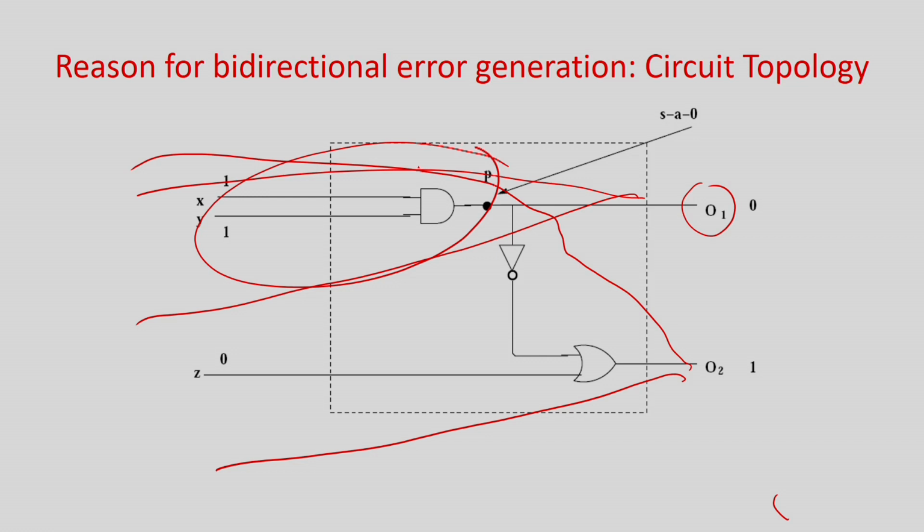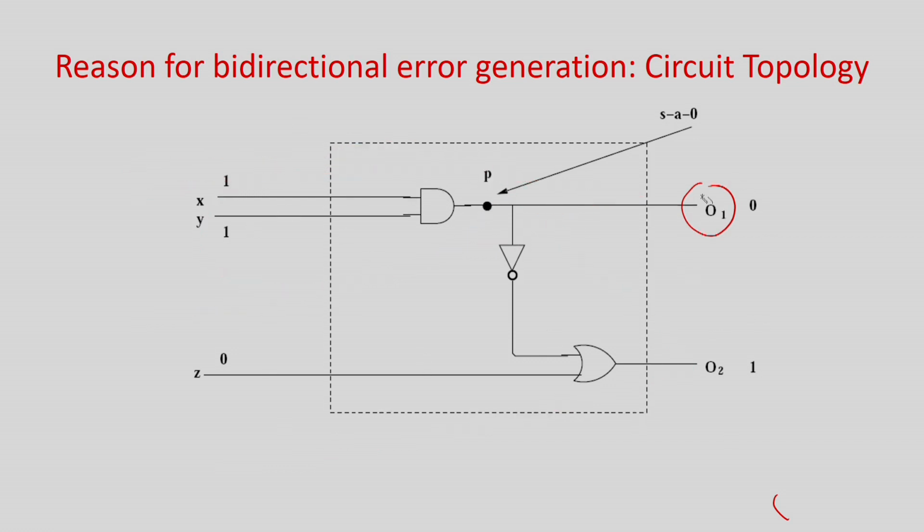So there is some part which is common to both outputs. If there is some part of the circuit which is common to both outputs, then any fault here will affect both outputs. If we can avoid it, then it is very simple. Then a fault can affect only one output, and there cannot be any chance of a bidirectional error. Even a parity code can detect the errors in the circuit, because any single stuck-at fault can affect only one output.